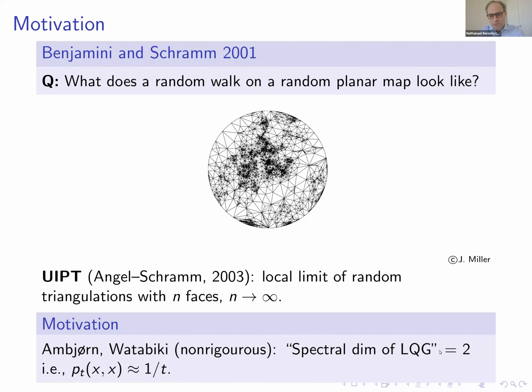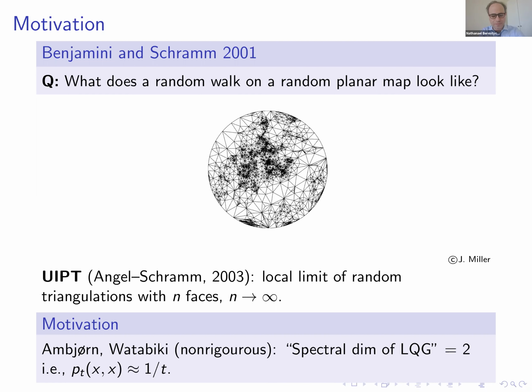What this is won't really be relevant for the rest of my talk, so I won't spend much time explaining it. Probably many of you are aware of it, and that's great. If you're not, it's not so important for the rest of the talk. But it's the sort of map described in the picture on my slide here. It is the local limit of randomly chosen triangulations with n faces as n tends to infinity. This way, you get an infinite triangulation in the plane, an infinite graph,